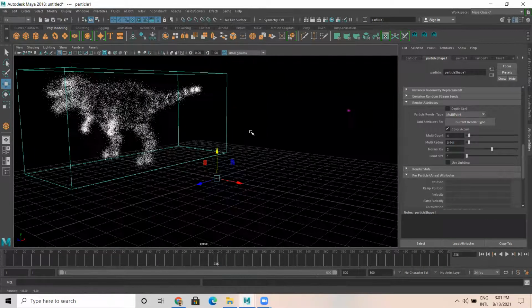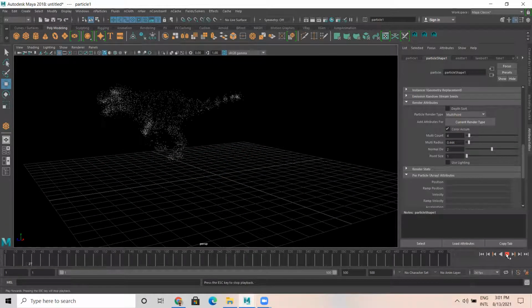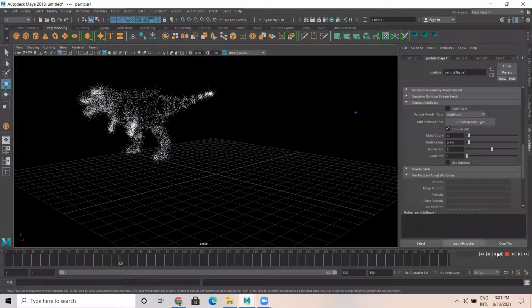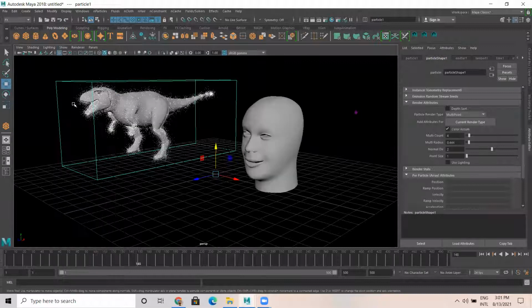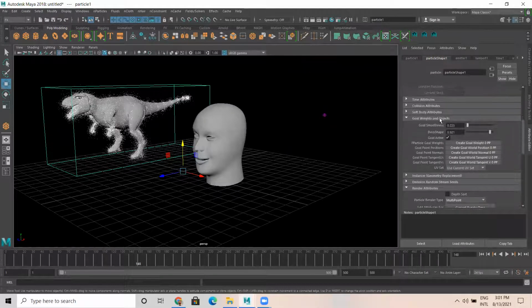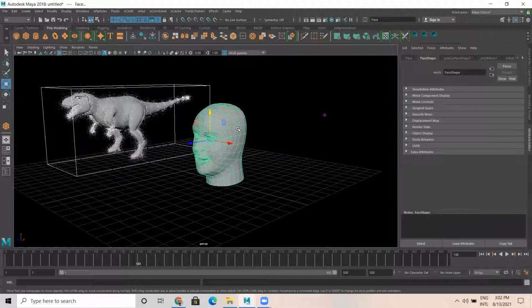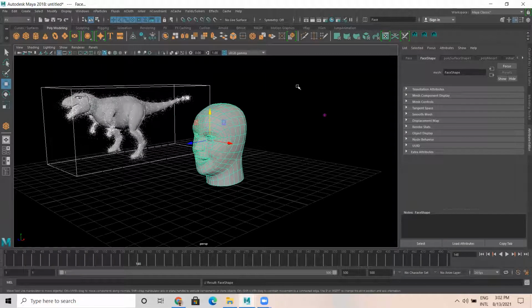Okay, something like this. So what's happening here now? When I play, it formed into a dino shape. Okay, good. What I'll do, go to polygons, I turn on polygons. Now I'm selecting the particle. Now observe here under goal. I select the particle, I shift select this particular object, go to nParticle again, I apply goal.